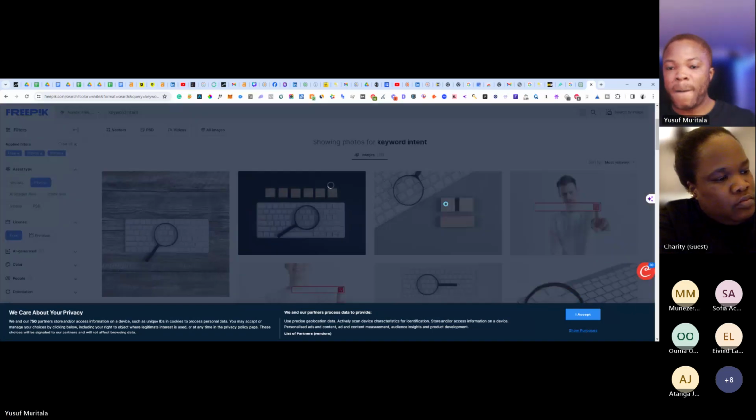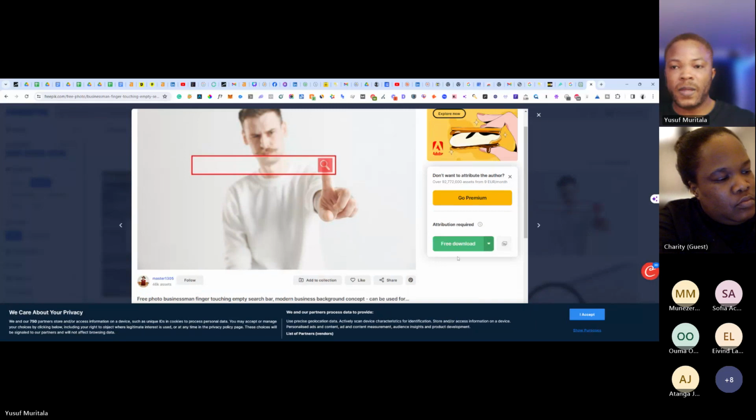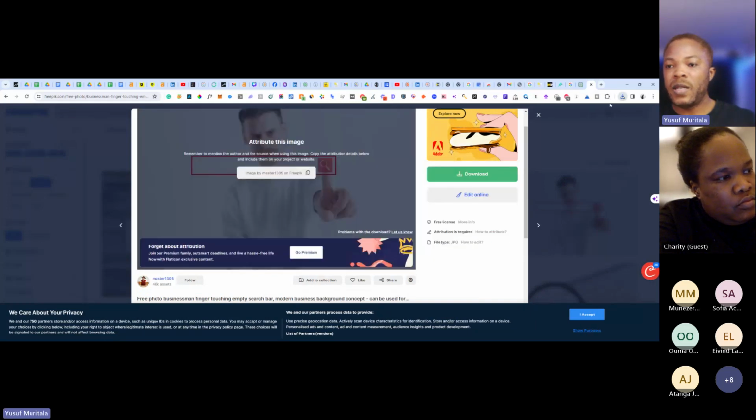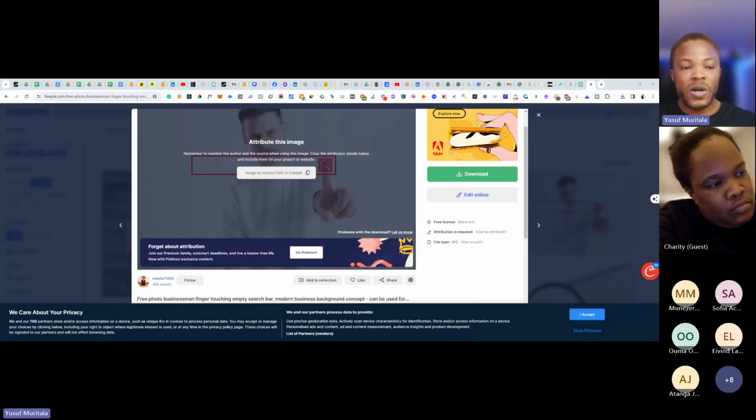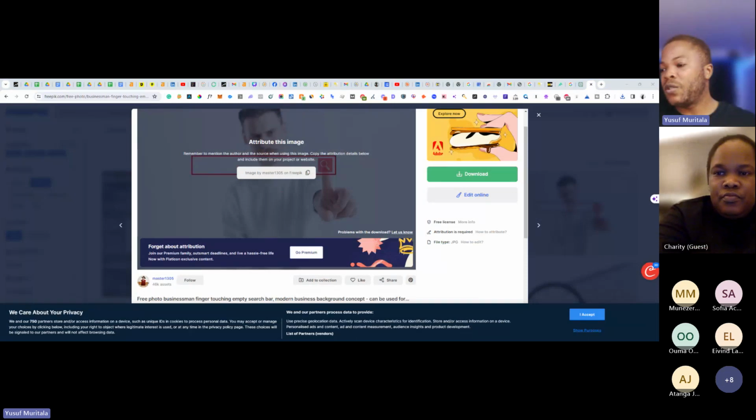We can download it, and then I'll go in there and change it to the keyword that I want to rank for, keyword intent. This is before you actually upload it to your website.